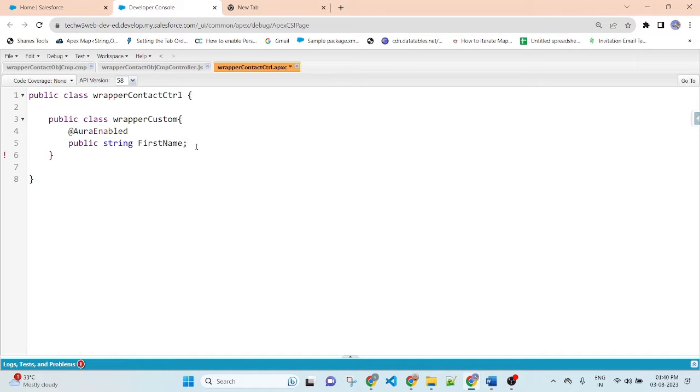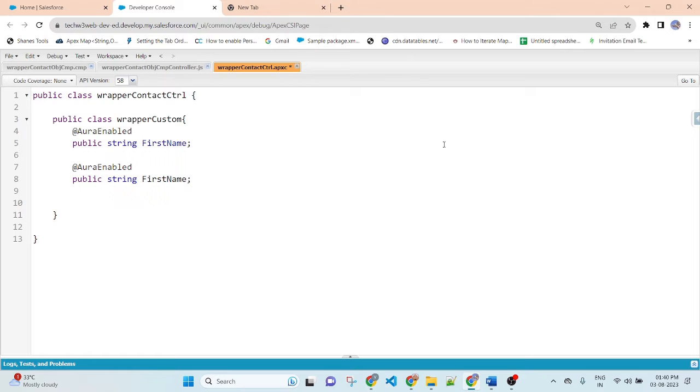I create one string variable, copy the variable, and paste it multiple times. I rename them: this is for first name, this is for last name, this is for email, and this is for phone.